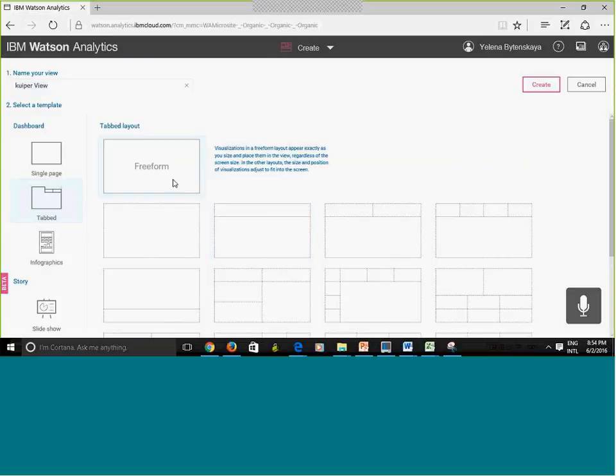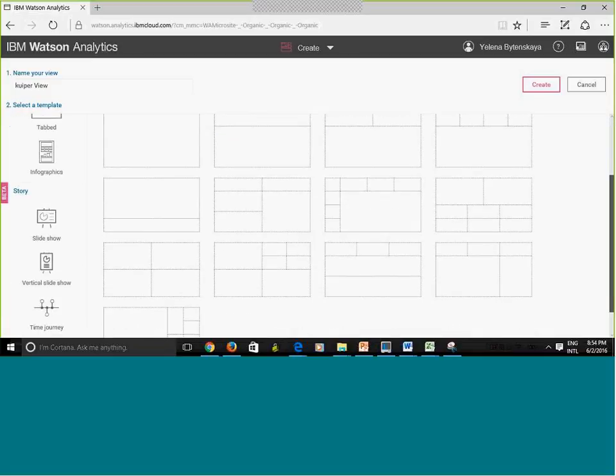I do this, right? There we go. So here I have options to select the layout, and I can do tabbed, I can do single page, right? So let's just do this for simplicity. And here as a suggested layout, just to keep it simple, and for demonstration purposes, I'm just going to do this template.